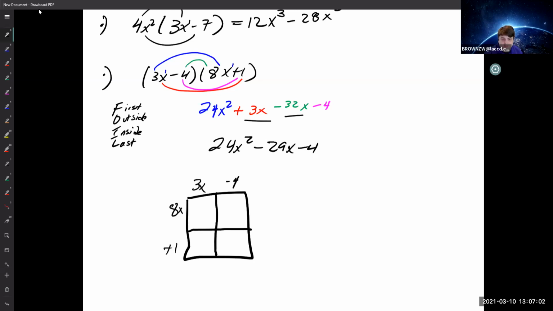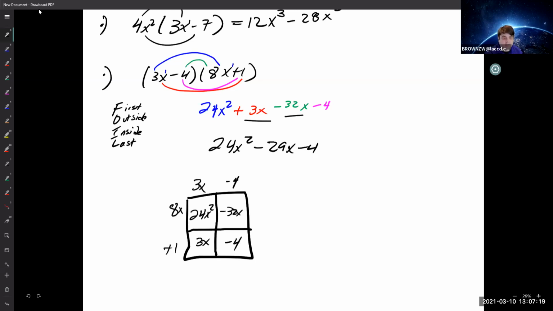So 8x times 3x, it's the exact same information. It's just a little easier to see what are all the multiplications we have to do. So -32x, 3x times 1 is 3x, and then 1 times -4 is